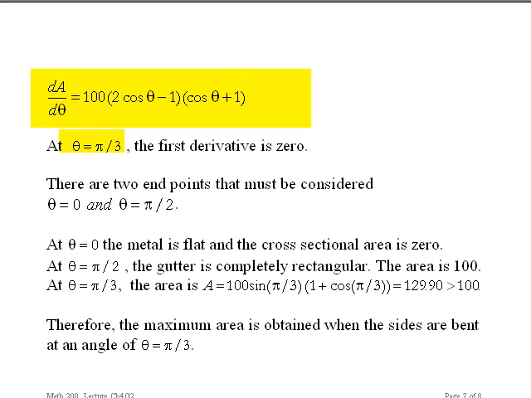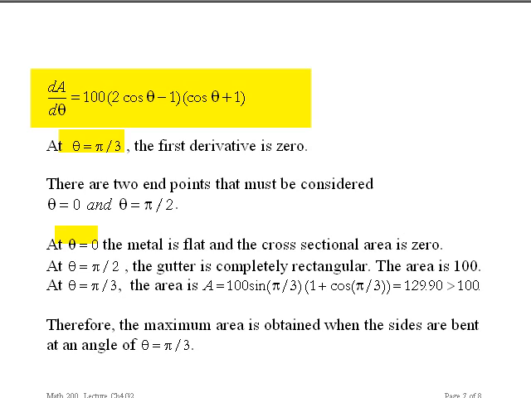There is no point where the derivative doesn't exist, so all I care about right now is that the first derivative is 0. There are two endpoints, theta equals 0 and theta equals pi over 2, so I have to consider them as well. So to do this, I'm going to evaluate the area at all three angles and see which one is